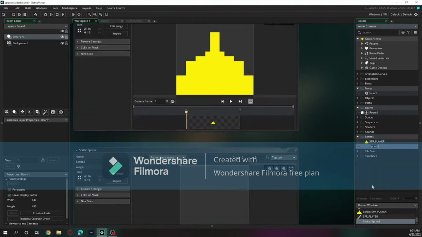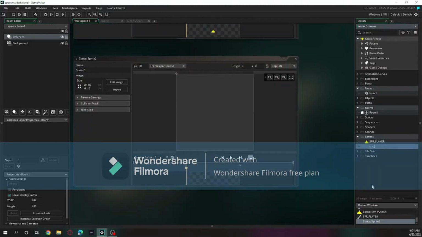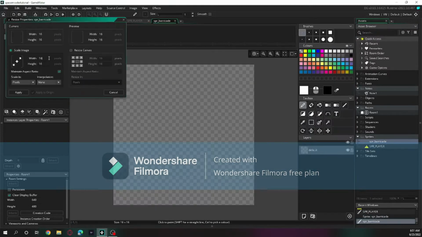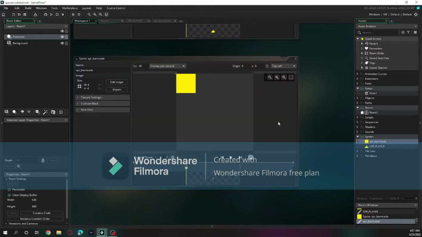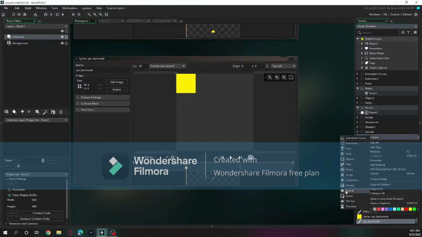Next, we will create spr_barricade, and it will just be a 4x4 cube. That's it, nothing complicated. And then lastly, for now,